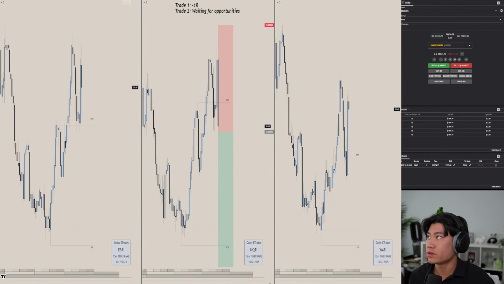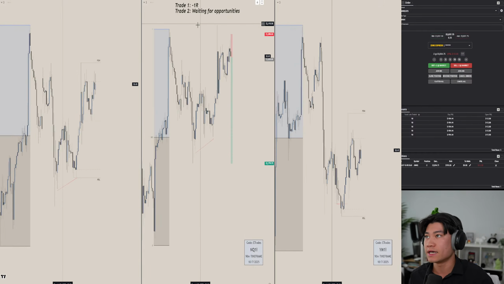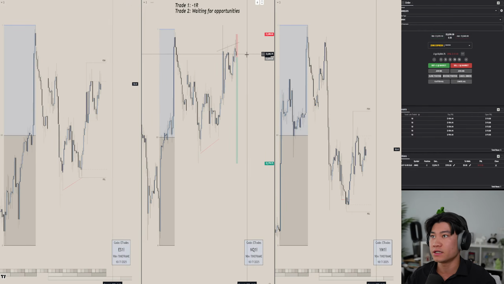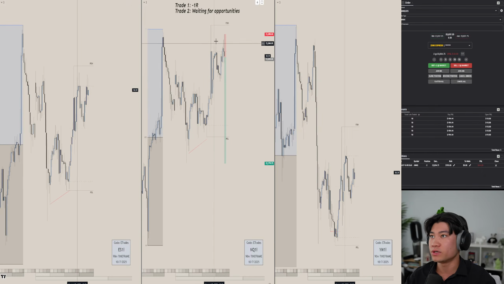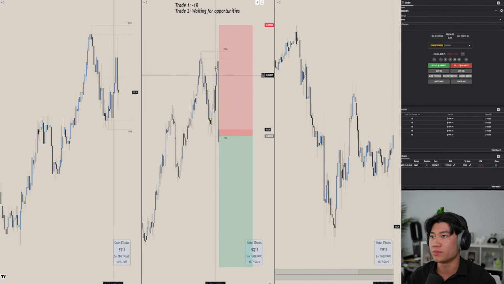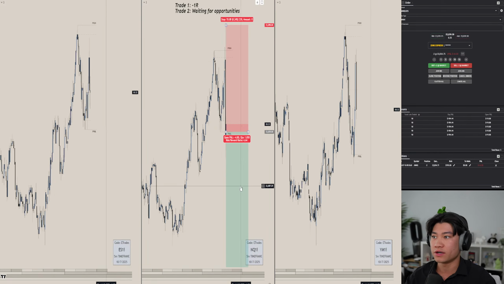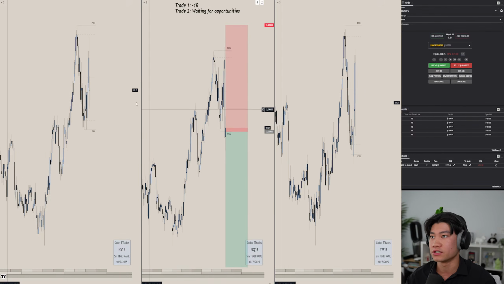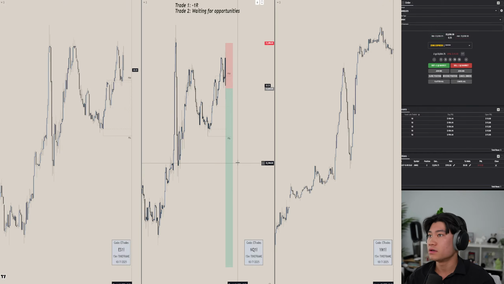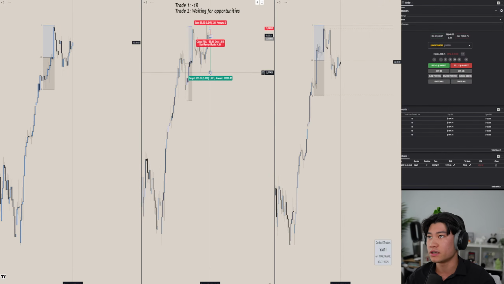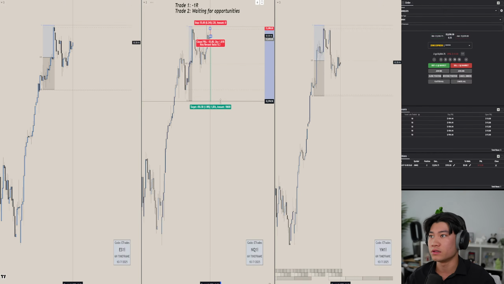What's my target? So I'm going to be targeting, if this is going to be the SMT, what I'm paying attention to is previous week high, previous day high, hidden SMT, SMT between Asia, and then also 5-minute SMT on the high that just invalidated my long idea. And that's why I flipped bias so quickly here, is because all the SMTs are showing bearish signatures right now. And so if that's the case, then I'm going to be looking for lower prices. Potentially, I could swing this into even previous week low or something like that, if this is going to be the turning point.